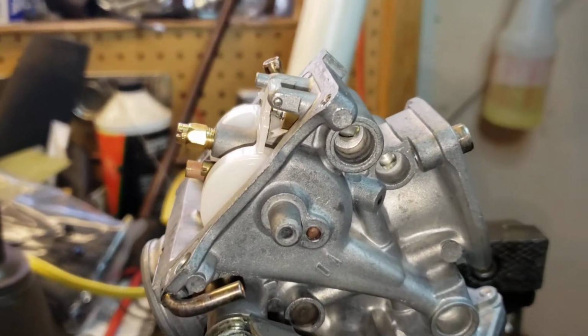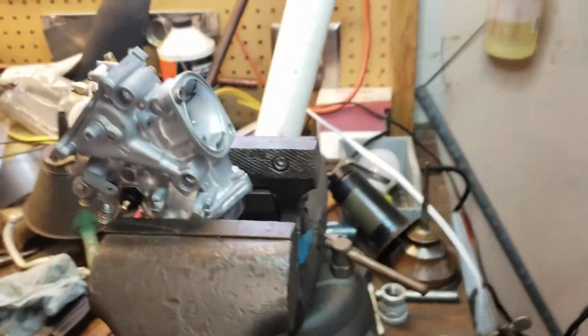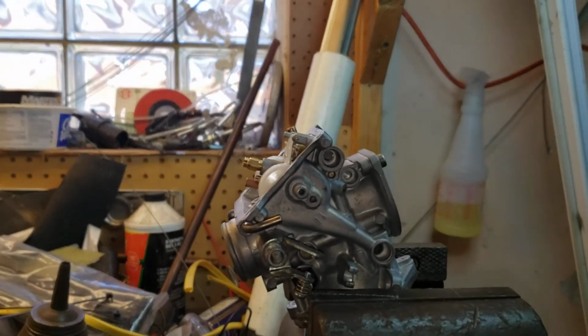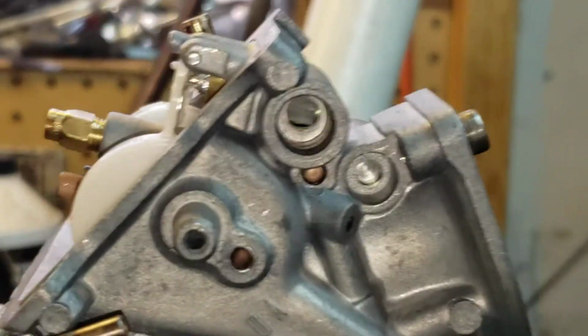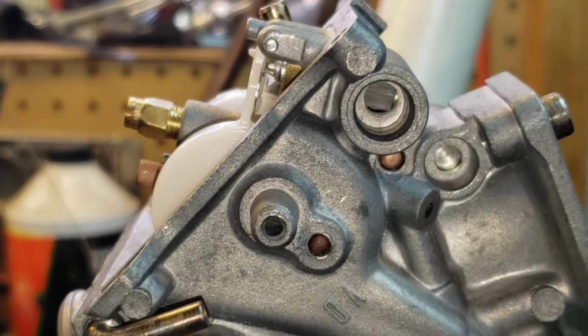Now I'm using new floats and new float valves. This is hard to do. I'm going to put it on the tripod. Pardon my shakiness. I know you guys are dying right now. Okay, that's about as close as I can get. Now see if I can get some kind of pointer. Okay, it's going to be too hard. I can't look and see. But anyway, that